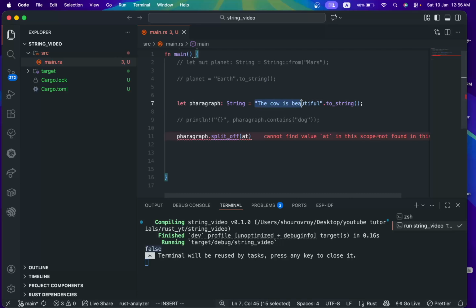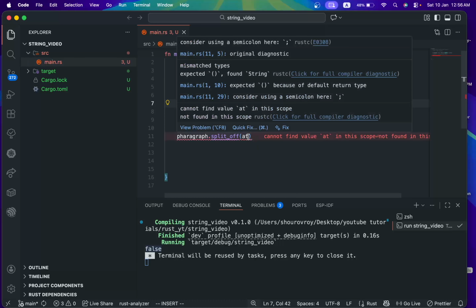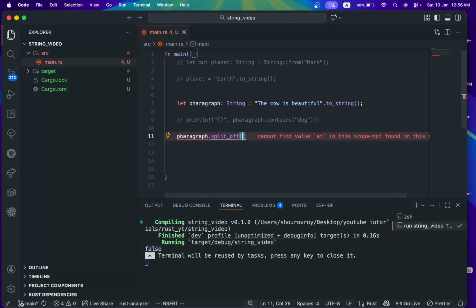You need to consider this string as a list or array, so you need to count the positions. T is 0, 1, 2. The space is also countable, so it's 0, 1, 2, 3, 4, 5, 6, 7, 8, 9, 10. So we need the 11th position,